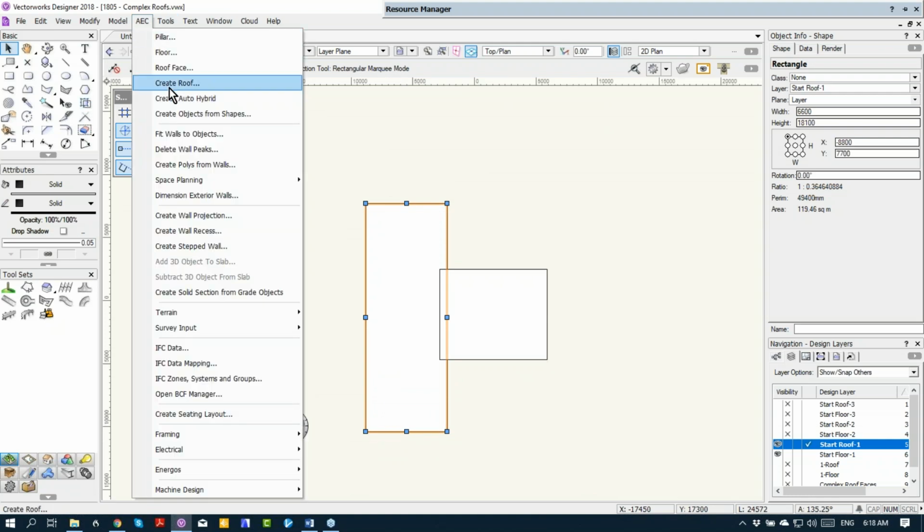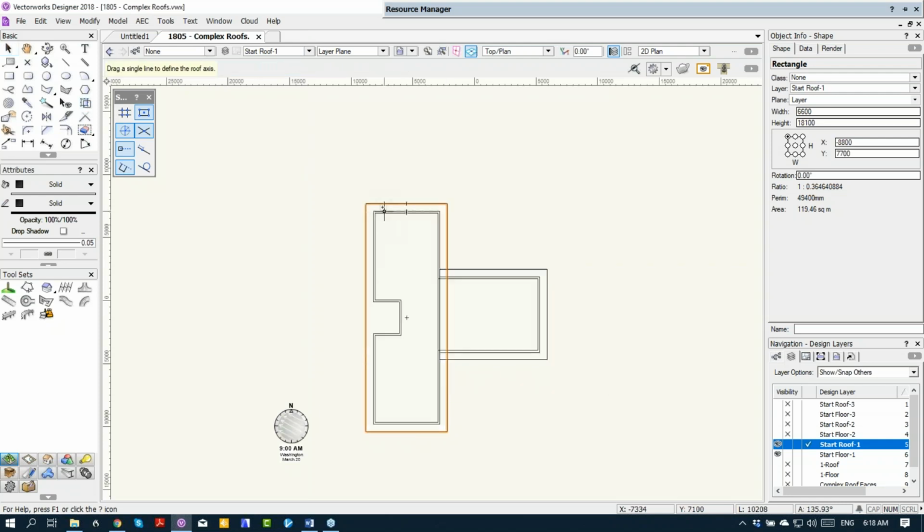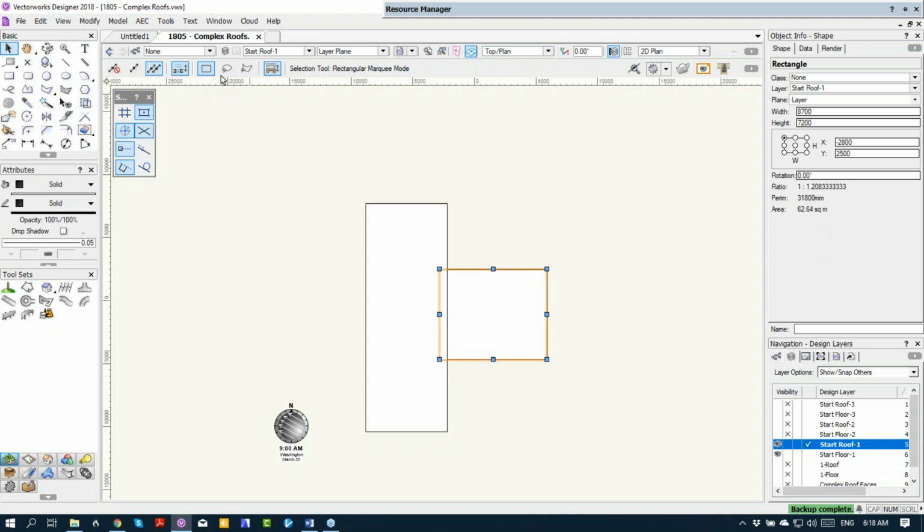And let's do that again. Roof face. So from there, yeah. So we need to find the inside of our building, there, down to there. And which way does the roof go up? It goes up that way. Now select the next one,